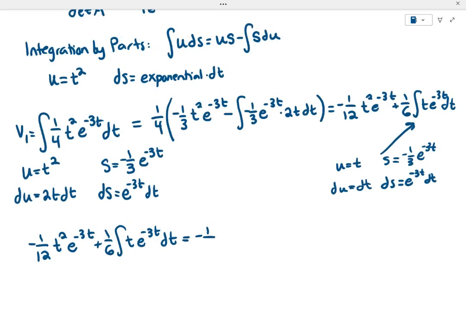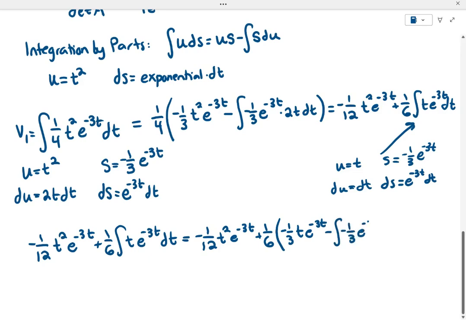So I get negative 1/12 t squared e to the negative 3t plus 1/6 times open parentheses negative 1/3 t e to the negative 3t minus the integral of negative 1/3 e to the negative 3t dt, which equals negative 1/12 t squared e to the negative 3t